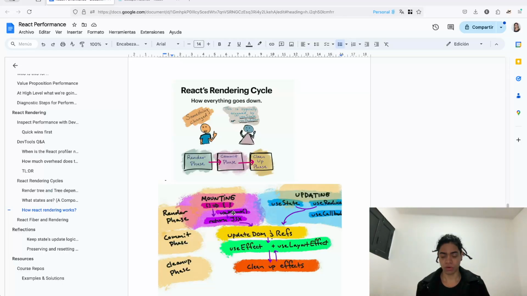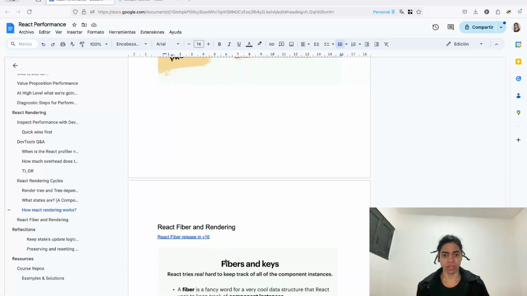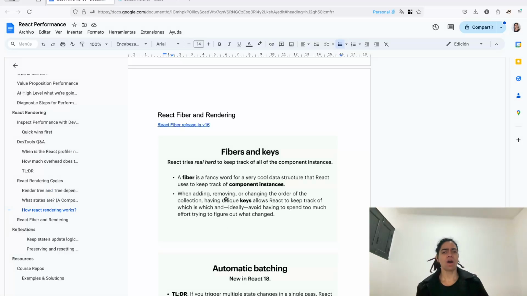This is when you're mounting. This is your updating: useState, useReducer, or useCallback. And the commit phase is when you update the DOM plus the refs. After the commit phase, the useEffect and useLayoutEffect run, and then they run the cleanup function. And what is now this Fiber, which is